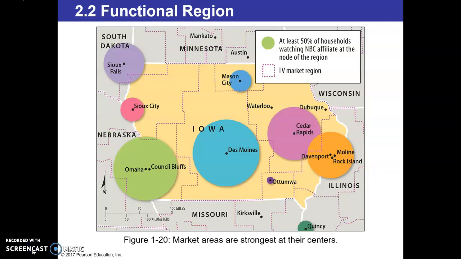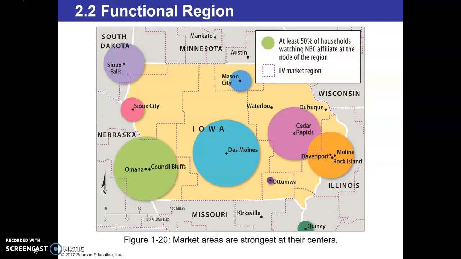For the region in which you live, you might instead use the Palladio as an example of your node. Let's look at an example that's used in your textbook. This map can be found on page 17 and it's figure 1-20. The circles that you see on this map indicate different regions, and at the center of these regions are nodes, also known as NBC TV stations.